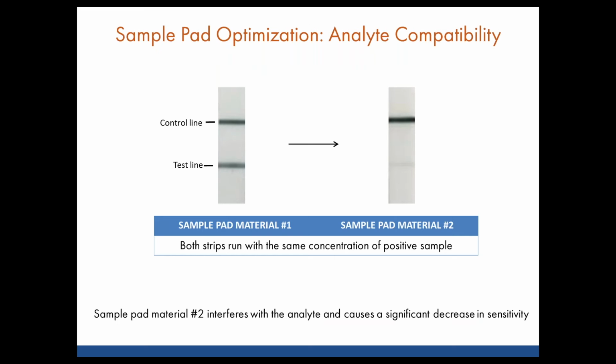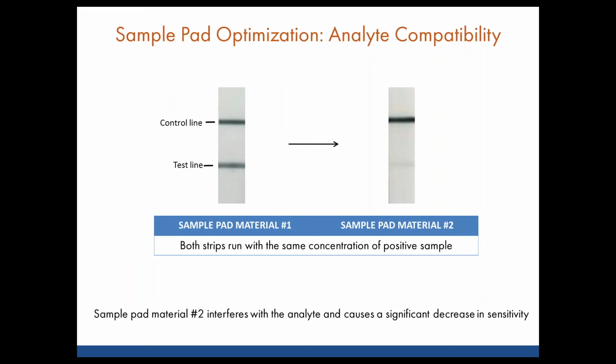This slide shows two test strips that are identical in every way except the sample pad material. The strips were run with a positive sample, so a relatively strong signal is expected at the test line. As you can see in the second strip here, the test line intensity is significantly decreased. Since the sample pad is the only component that's different from the first strip, it shows that the material used for this isn't optimal for this assay, and it's most likely binding the analyte and not allowing it to flow